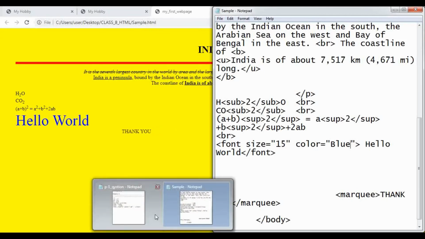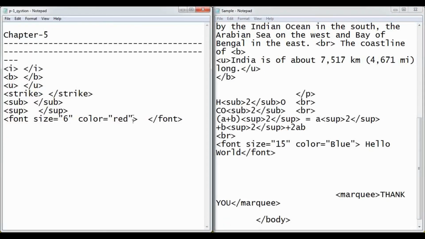The next attribute of the font tag we will learn is the face attribute. So font face will change the type of font or the writing style you want to use. For example, if I choose font face as Jokerman. So this is the font face.